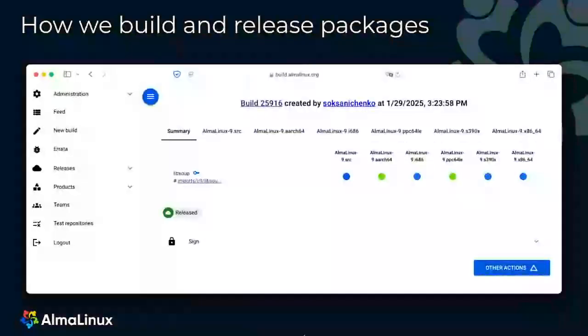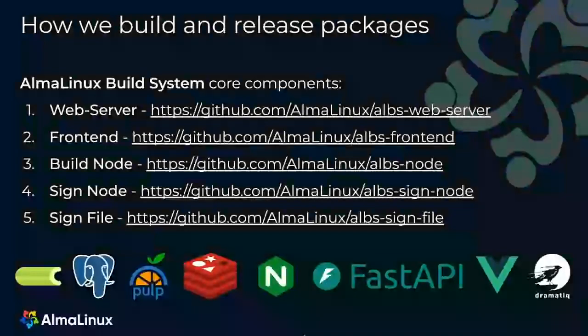So it all starts with building packages for us. We don't use Koji, we don't use Copr, we use our own build system. One of the reasons is that we have been building packages for more than 10 years, so we have our own vision of how to do that and how we are comfortable doing that. So we have the AlmaLinux Build System, specifically made for that. And it is open source, obviously,